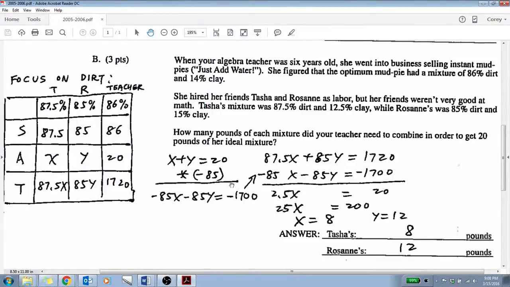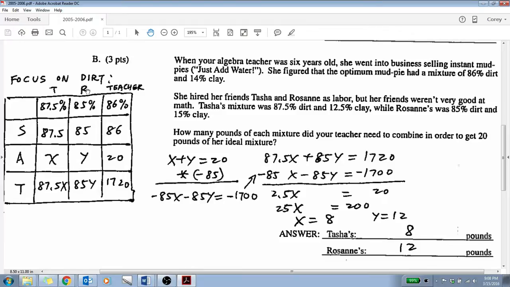Please take a moment and read through the problem that's given to you. Once you've done so, we want to make a chart, and you see that over here on the left. And so we just want to focus on the dirt aspect of everything, and that's enough information to find our solution. So notice with the chart what we have, the T right here, the T column stands for Tasha, R